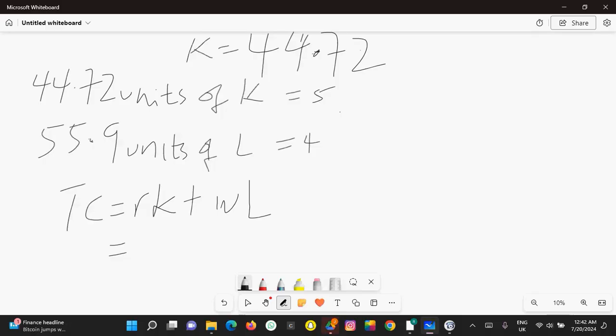So R here is 5. Then we are using 44.72 units plus labor is 4, then 55.9. In total, calculator,